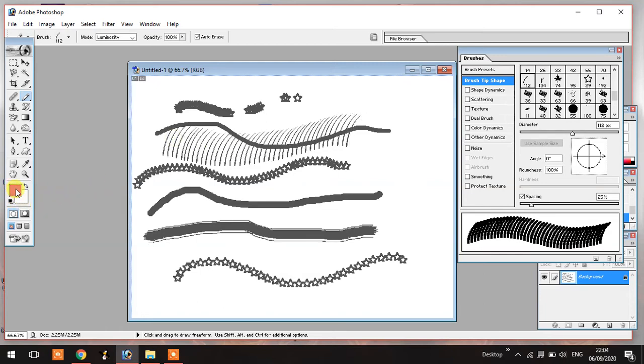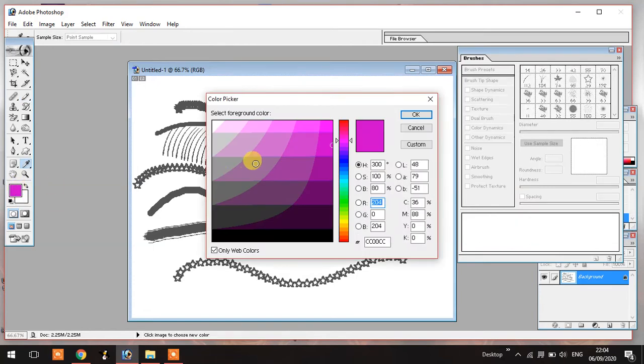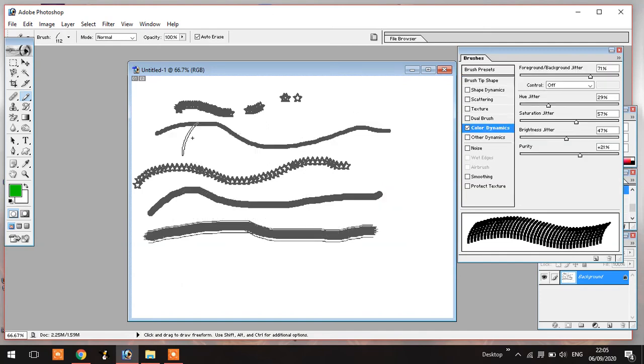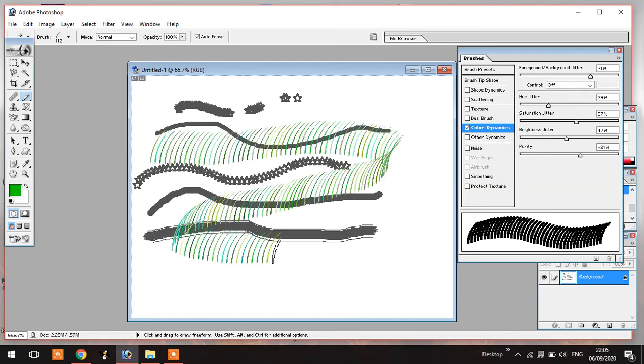If you want to change the brush color, you have to select any of the colors. Understand? If you want to change the color of the grass, you can use this one, and you can also increase or decrease the spacing.